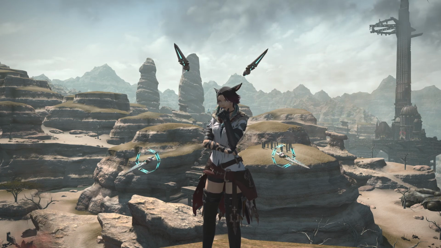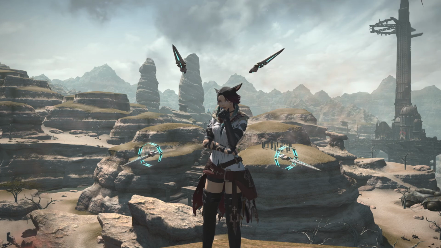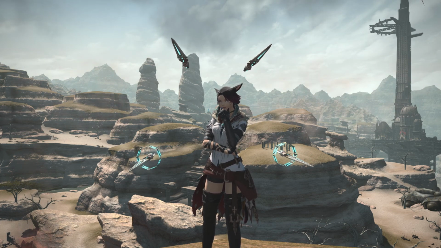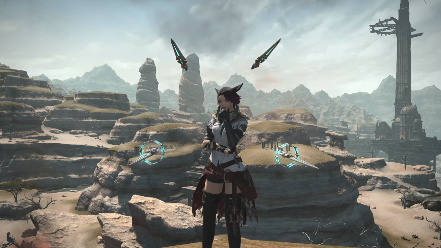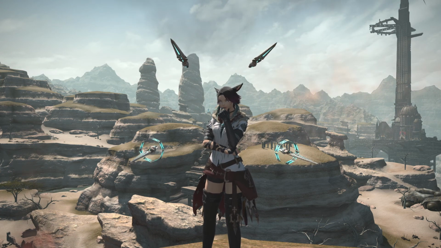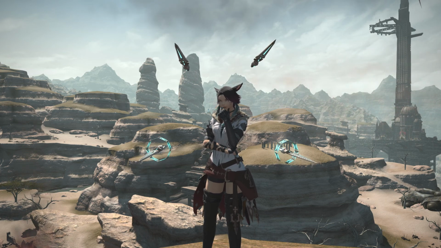So, all of the expansion jobs work differently to the starter classes, because none of them start at level 1. They all start at different levels based on what expansion they're from. Heavensward jobs start at level 30, Stormbloods are level 50, Shadowbringers are level 60, and lastly, Endwalkers, they both start